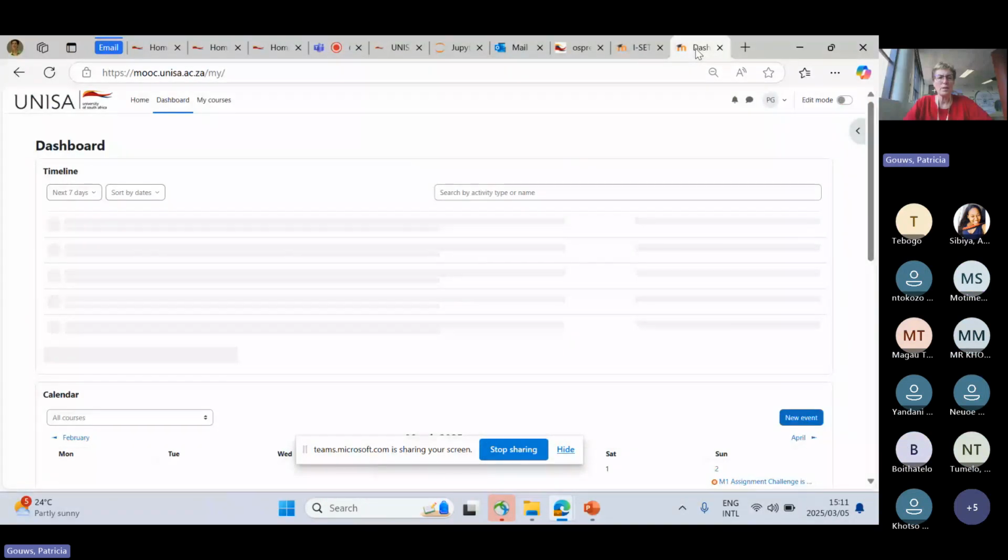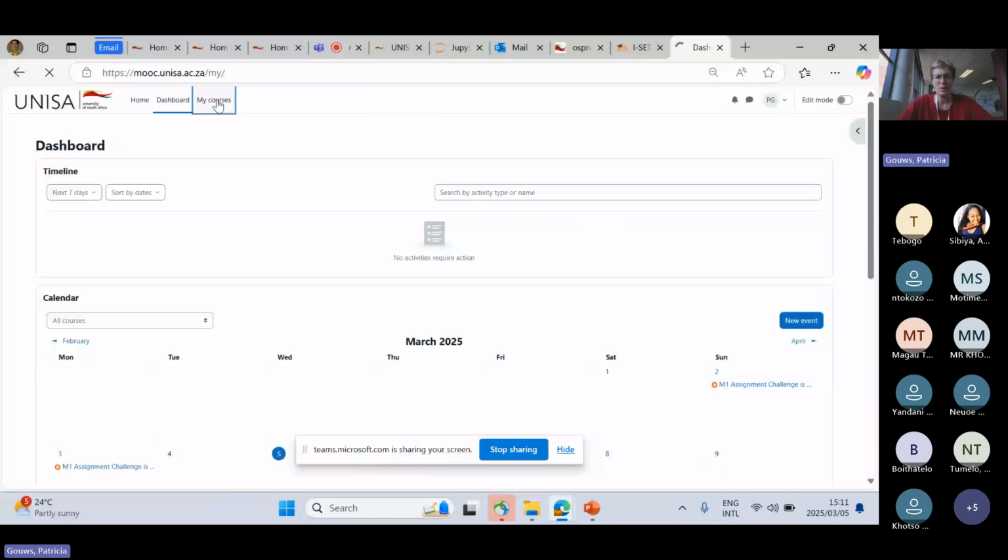Let me just share my screen quickly, and then I can show you. All right. So if you go onto here, this is mook.unisa.ac.za, and then you will log in. You'll get a login at the top here, and then it'll come to this. And if you go to My Courses, you will be able to get